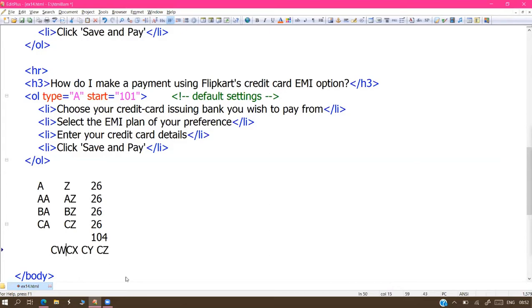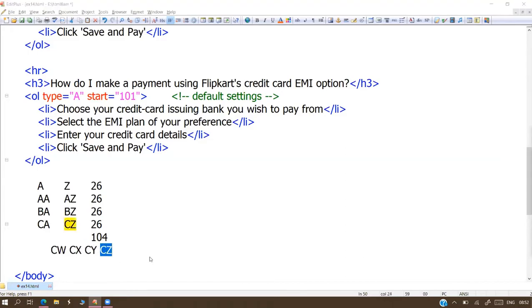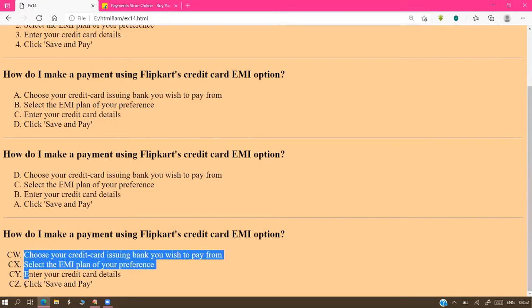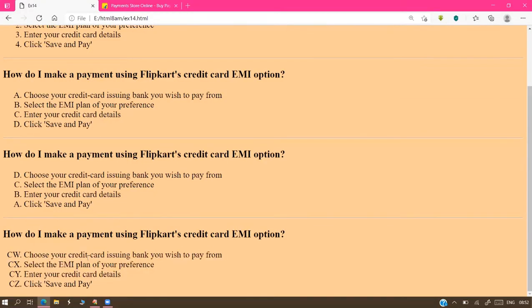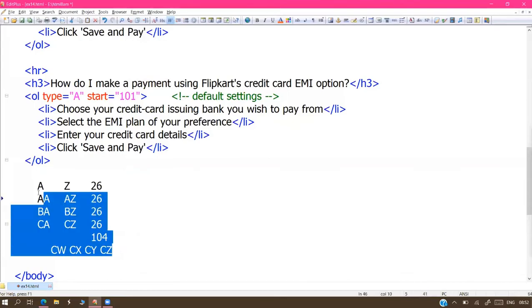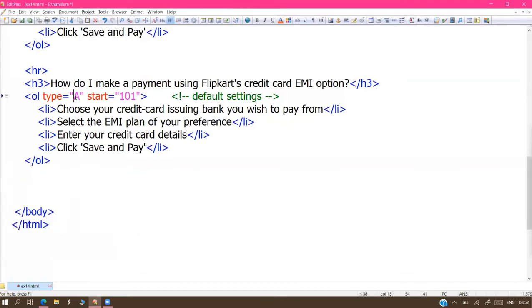So CW is 101, this is 102, this is 103, and this is 104. That is the numbering here. So alphabets also you can give any number, that is not a problem. Alphabet supported and numbering also supported. You can start the numbering with a certain character or certain number as per your requirement. There is no problem.